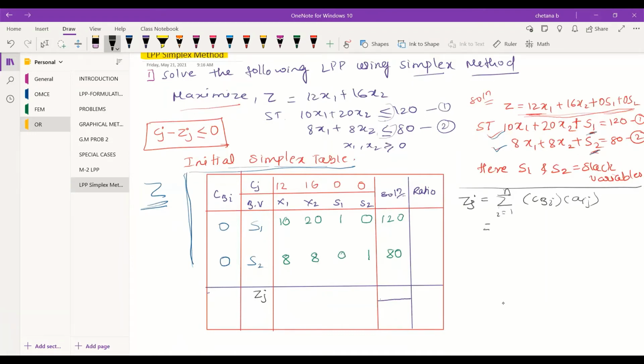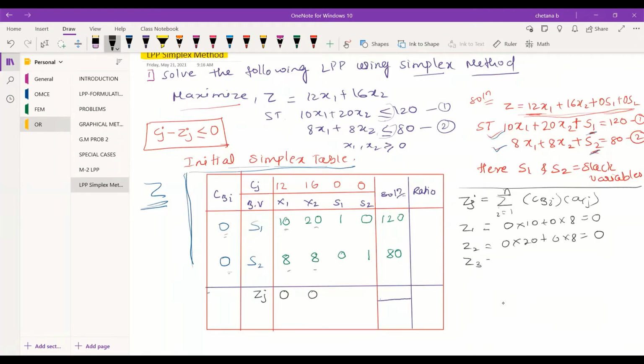So that is 0 into 10 plus 0 into 8, which is 0. Similarly for Z2, 0 into 20 plus 0 into 8 is again 0.